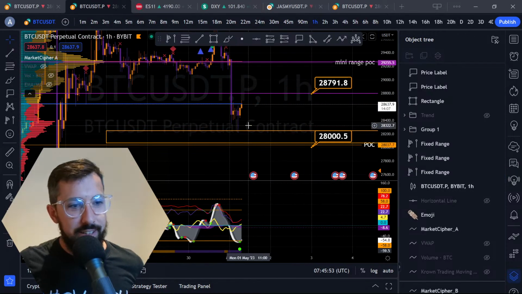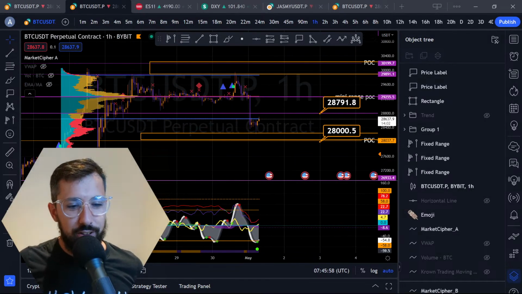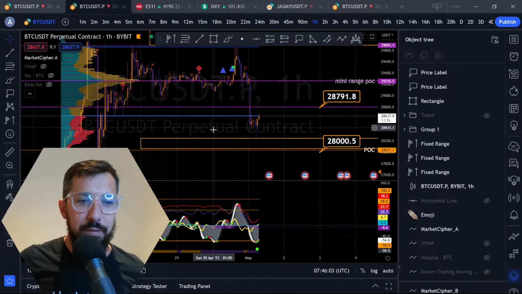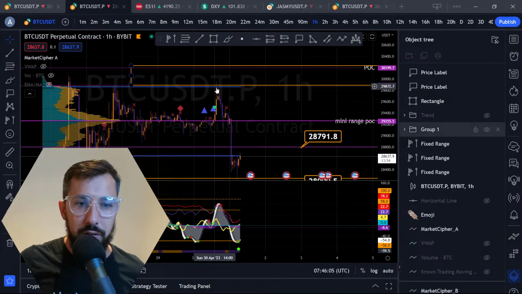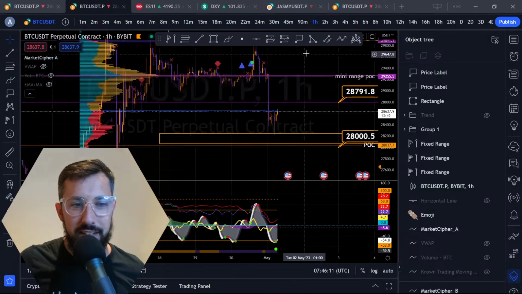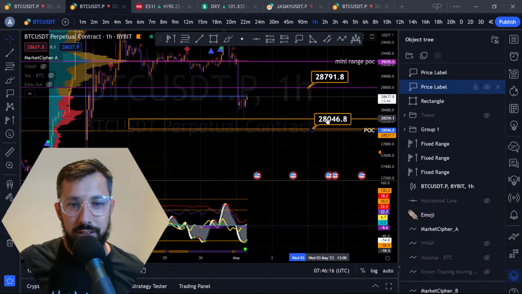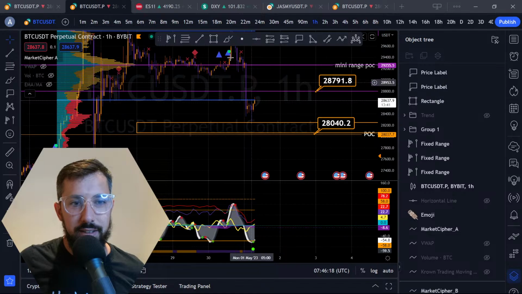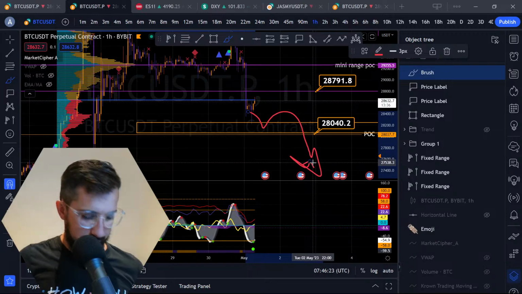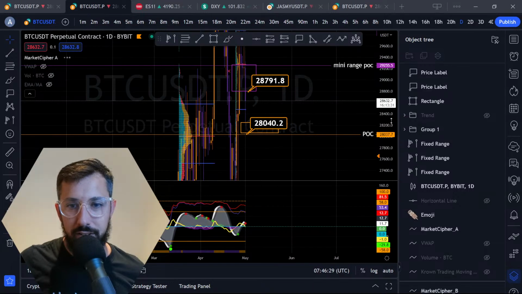I'm expecting a continuation here, okay? Oh, it's a scalp short. It's a scalp short. We'll leave it at that. So, yes, major push up, wicked out, dropped down, and now we're back down at the lows of this range, held up by this POC, okay? We want this 2840 area. It's a key level of support. There's a ton of volume here. If we lose this, we're heading quite lower.